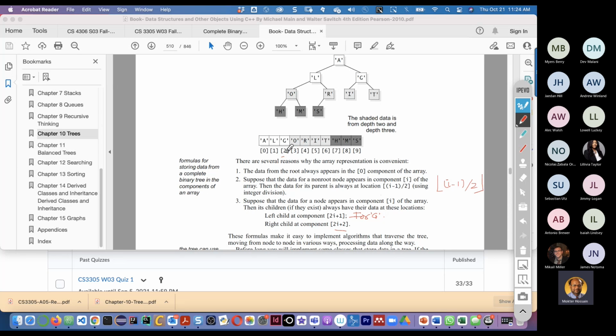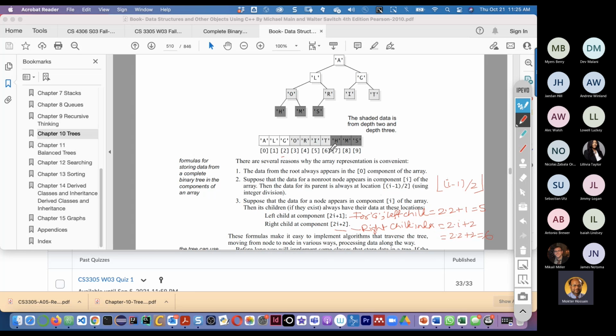Then the left child index equals 2 times 2 plus 1, which is index 5. And the right child index equals 2i plus 2, which is 2 times 2 plus 2, equal to 6.